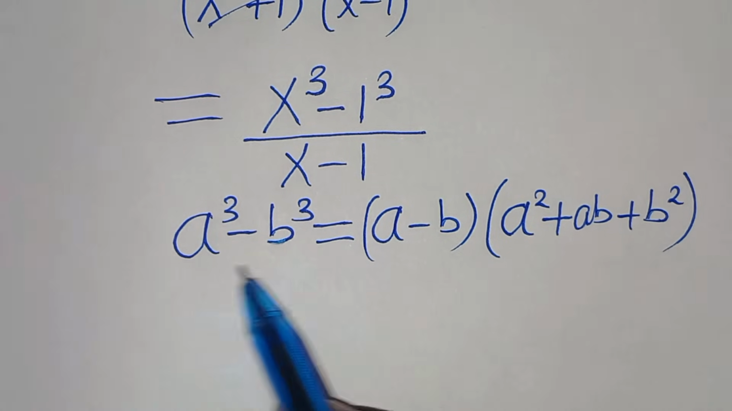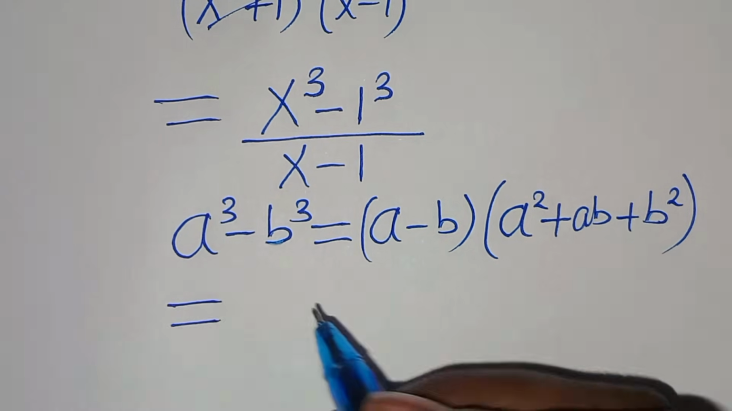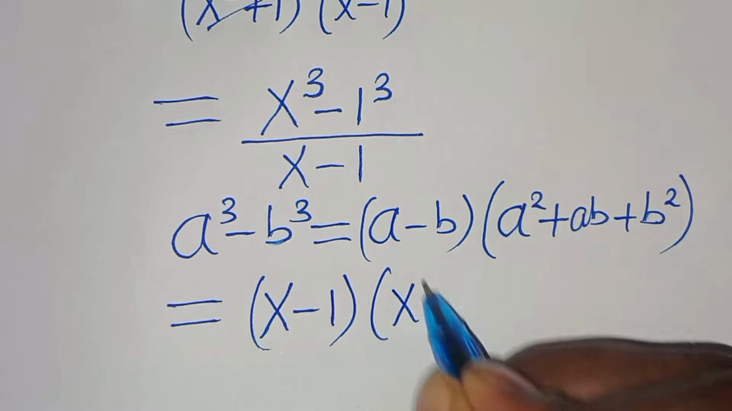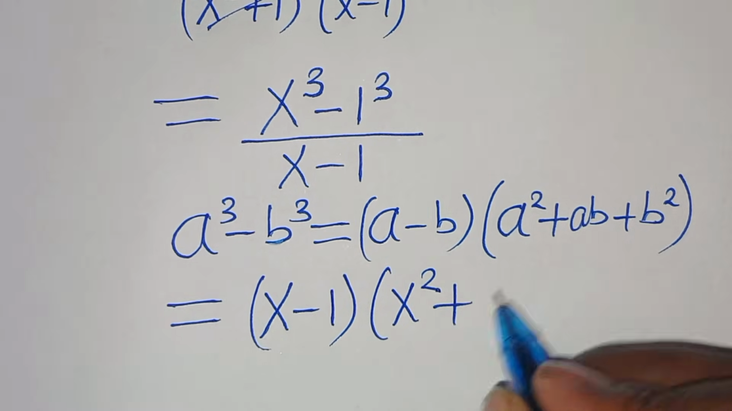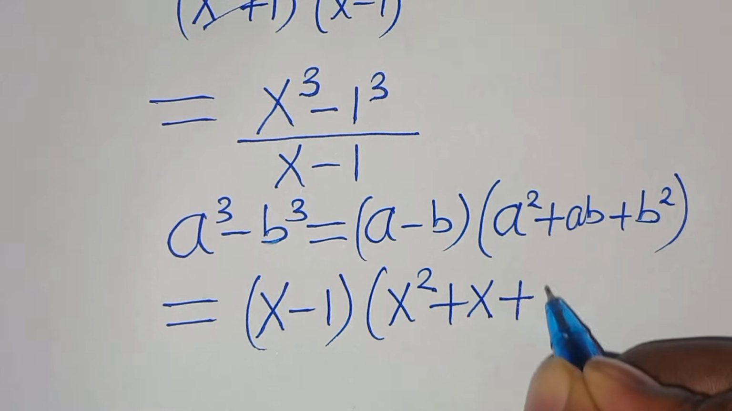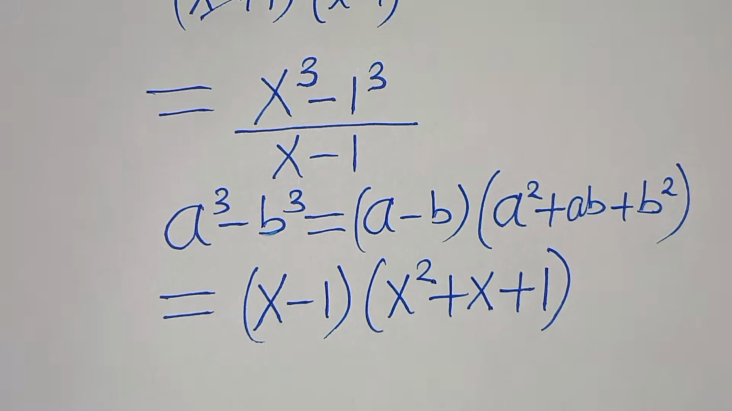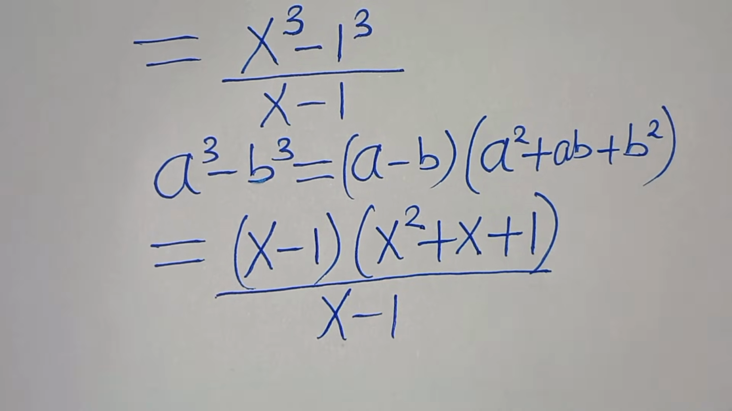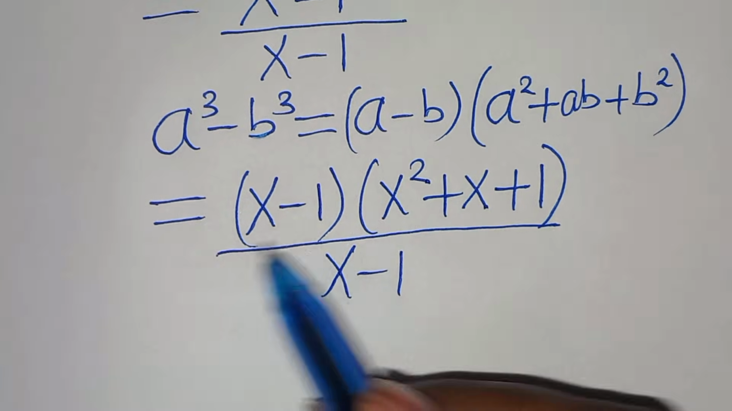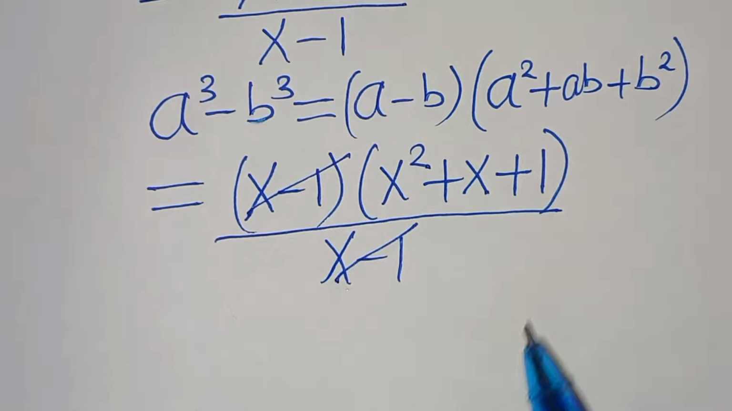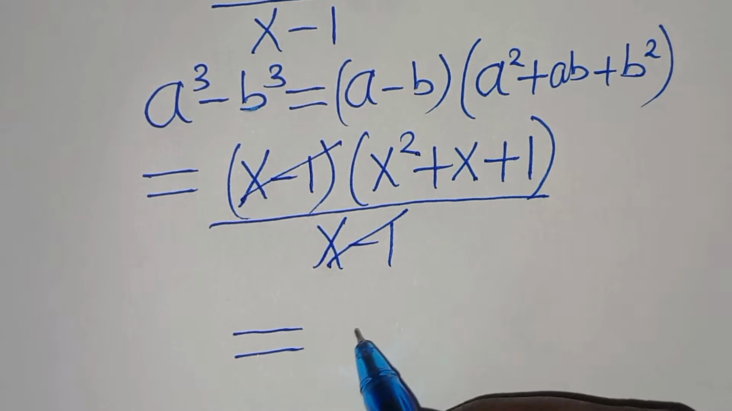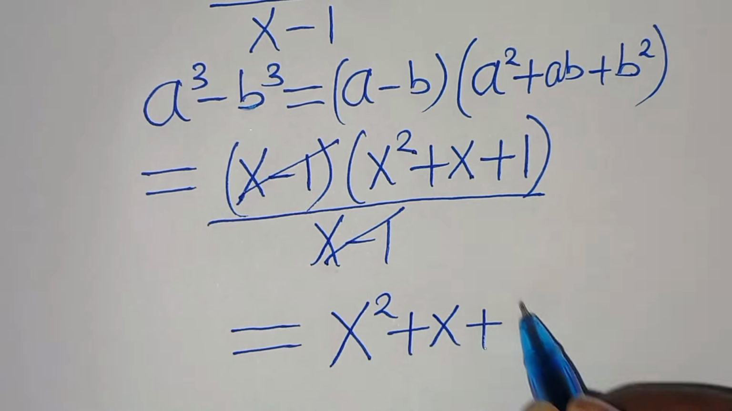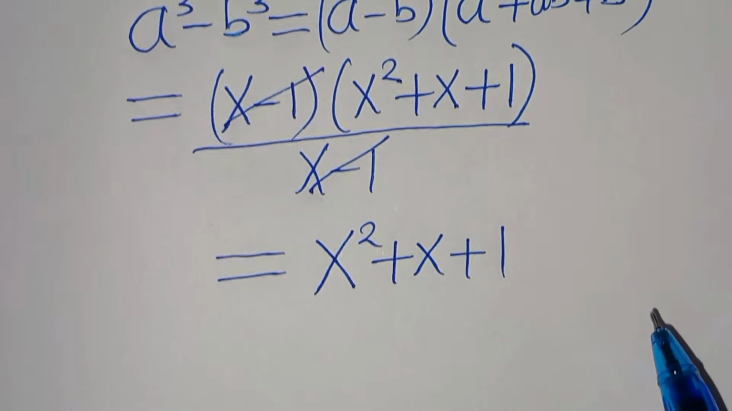Now, applying this identity, then this means that here we have x minus 1. Then here we have x squared plus x times 1, which is x, then plus 1 squared, which is 1. Then this is divided by x minus 1. So this means that we can simplify x minus 1 here. And therefore, we have that the simplified form is x squared plus x plus 1. So this is